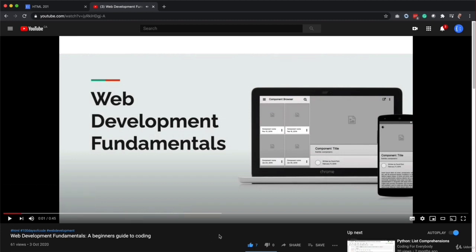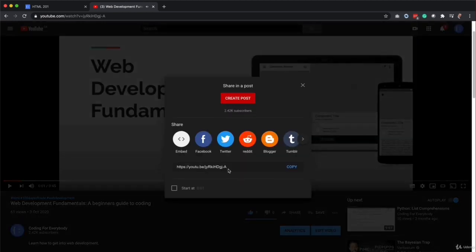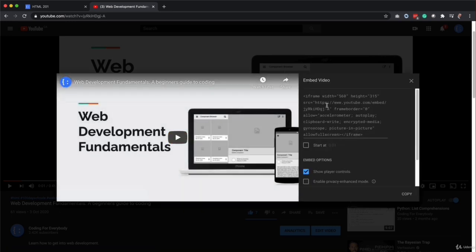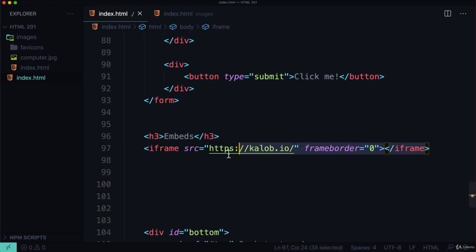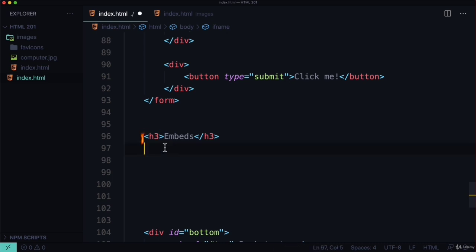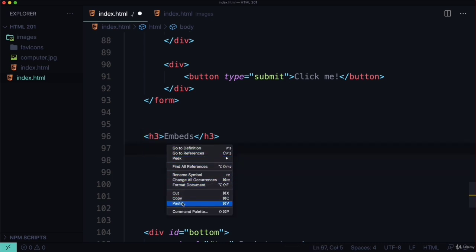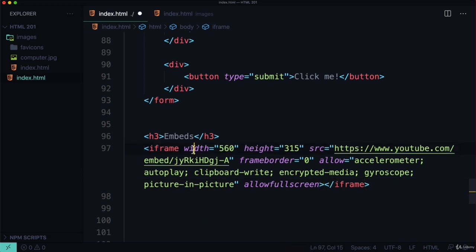Let's pause that. And if I go ahead and click share, I can share on Facebook, Twitter, or I can click embed, and it gives me an iframe, a bunch of code. And I can just copy that. And let's delete this iframe. Paste that in here. And you'll notice it's an iframe. It has a width and a height as well. Its source is the YouTube URL, so